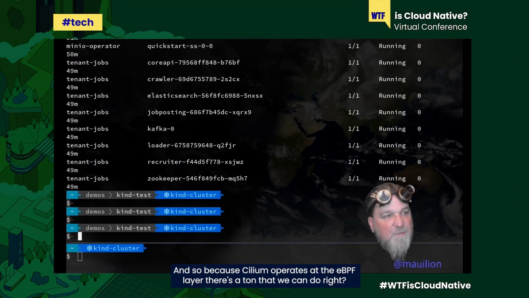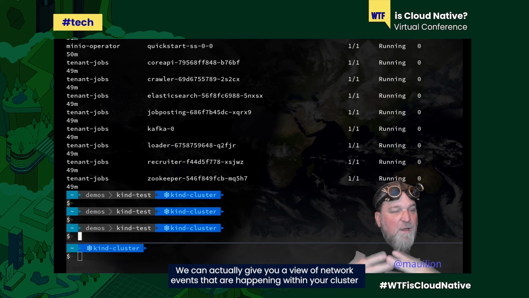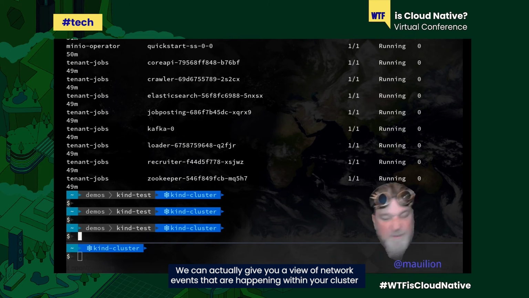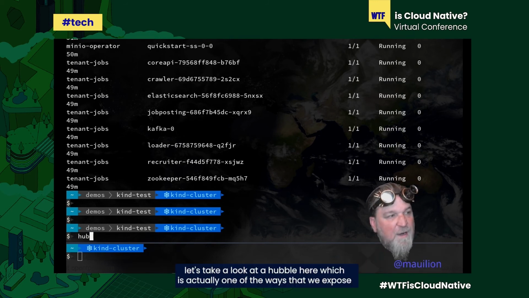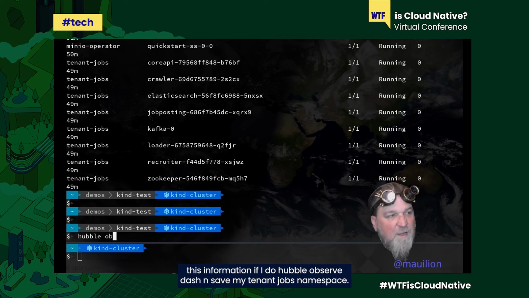Because Cilium operates at the eBPF layer, there's a ton that we can do, right? We can actually give you a view of network events that are happening within your cluster. Let's take a look at Hubble here, which is one of the ways that we expose this information. If I do hubble observe -n, say my tenant-jobs namespace,